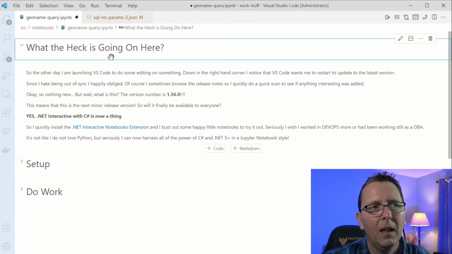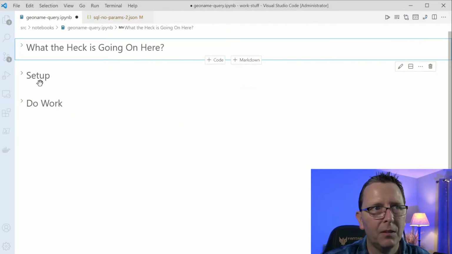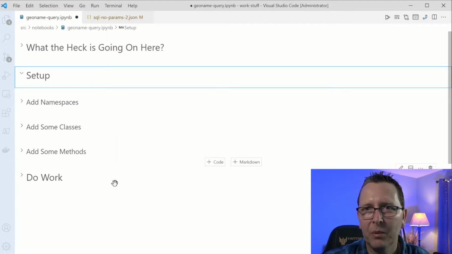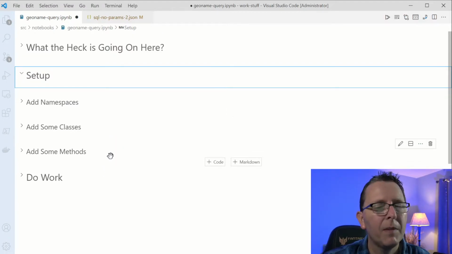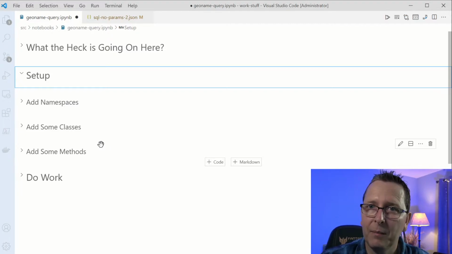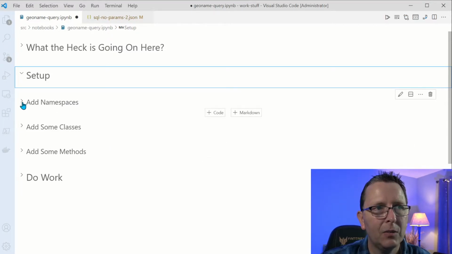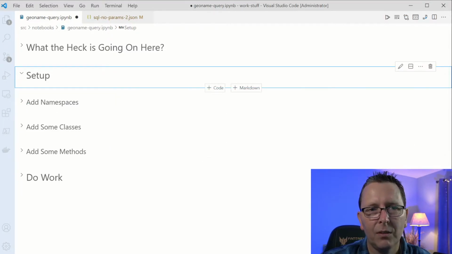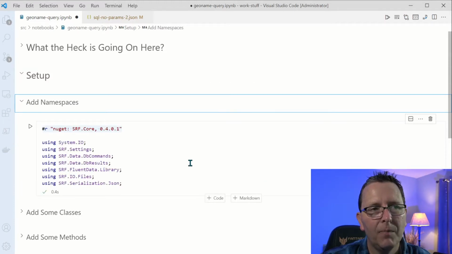So you do have the standard Markdown or code blocks that you can add. Certainly I did add some Markdown, just to be a good developer and actually document my code. The first thing I needed to do was add some namespaces. You can add namespaces, and you can notice the kernel down here is .NET Interactive. So I needed to add some things here. System.IO I added, and then I have some